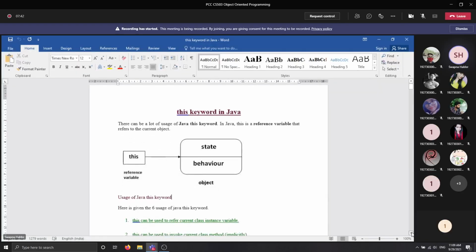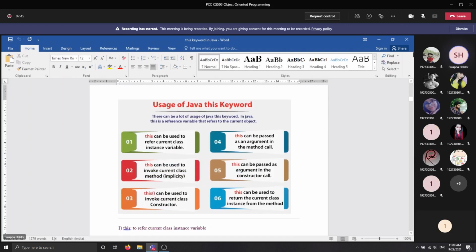Uses. Okay, this is the list of the uses of the this keyword in Java. The first three uses will be discussed with you right now, and the remaining uses, those who have gone through the Java course prior to this semester, can go through this part. In these notes, the remaining uses, the 4, 5, and 6 points, are also illustrated, because these uses of the this keyword are related to event handling in Java.